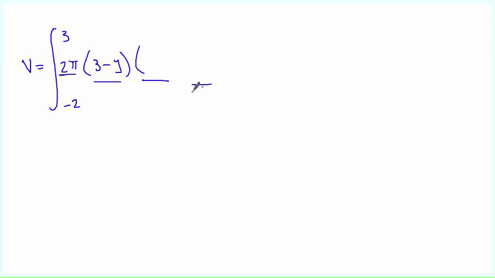The volume is the integral from -2 to 3 of 2 pi times (3 minus y), you remember, this is 2 pi r h and the thickness. So this is (3 minus y) times (square root of y plus 6 minus y), close it, dy. This is the upper part, plus